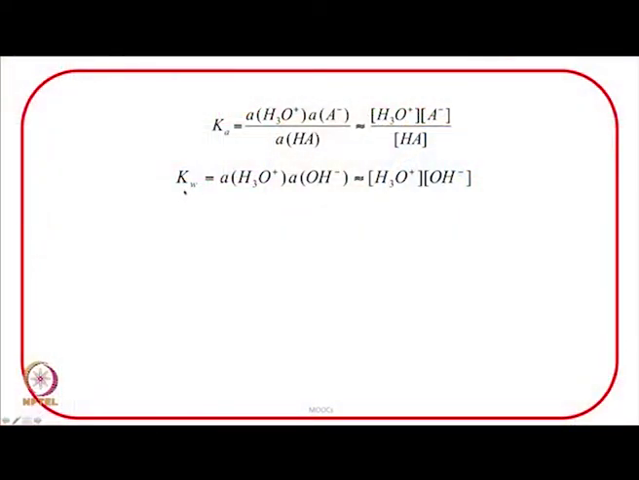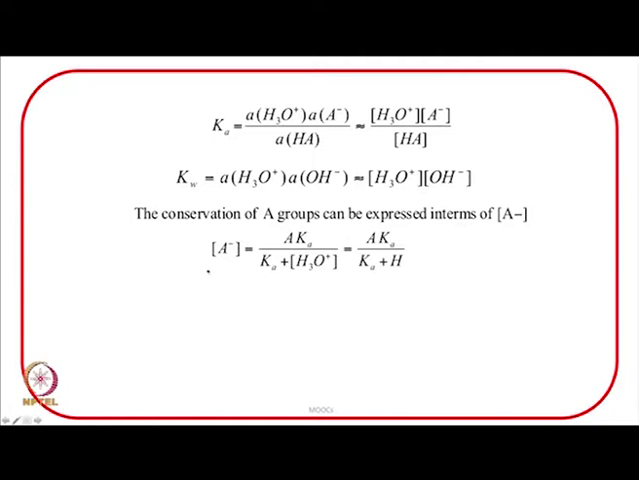Then let me write another equation for the autoprotolysis constant of water, that is Kw, which is also activity of hydronium ion into activity of hydroxide ion. So let me also assume that the activities can be replaced by the concentrations, assuming that there is a lot of water. Then if I combine these two equations, I can write another expression for A minus,